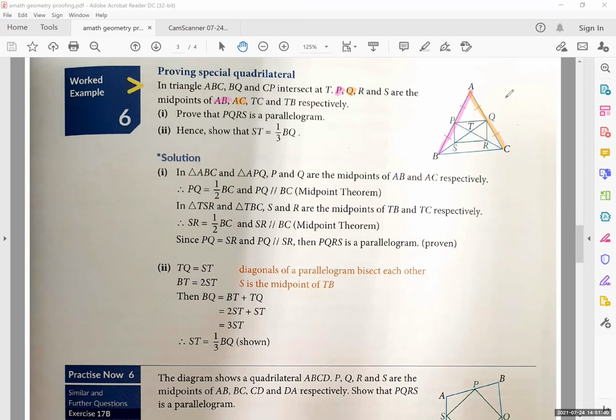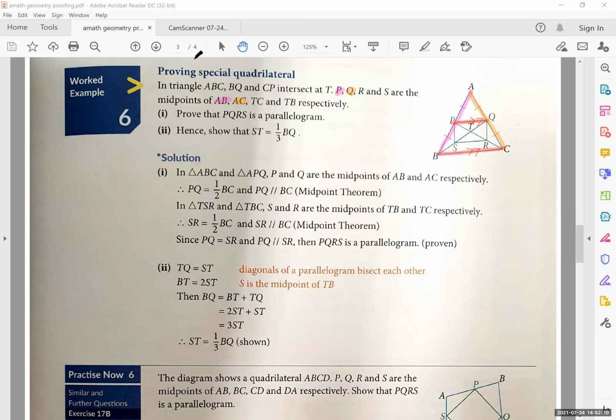So you see, the moment I have this, what does it mean already? If I know that P is a midpoint, sorry? The midpoint theorem. Yes, so by the midpoint theorem, what can we say? PQ is parallel to BC. So right now we have PQ parallel to BC. Okay, so I draw my parallel lines.